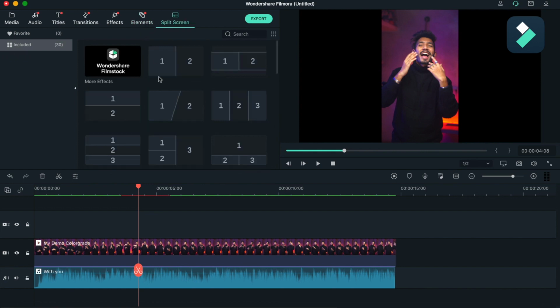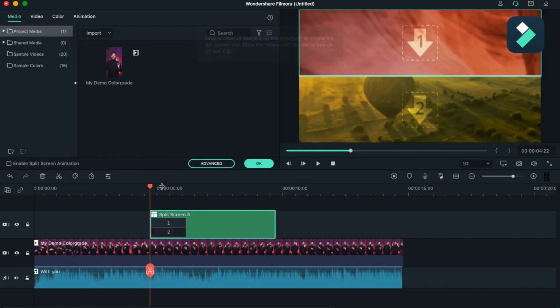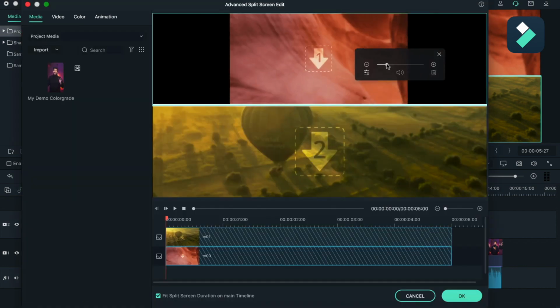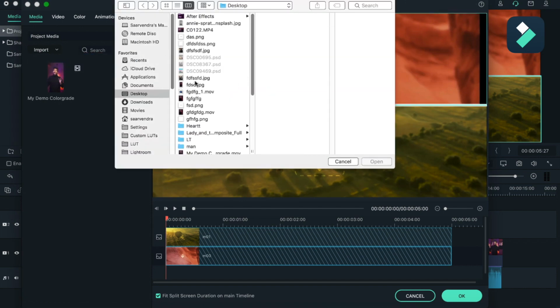So here is the split screen effect. You can just drag it here, and you have to select your two clips, like which one you want to put here or here. I will be importing some media files.